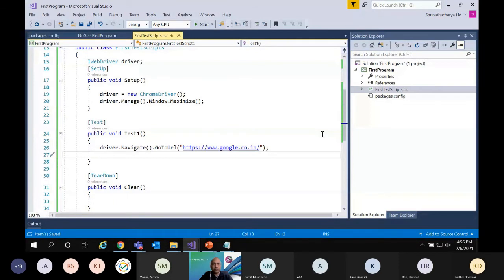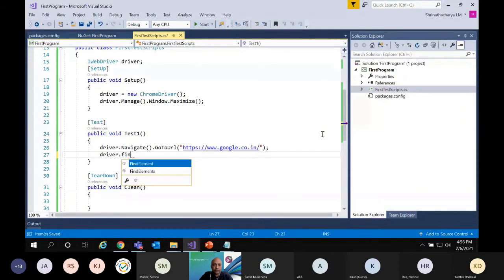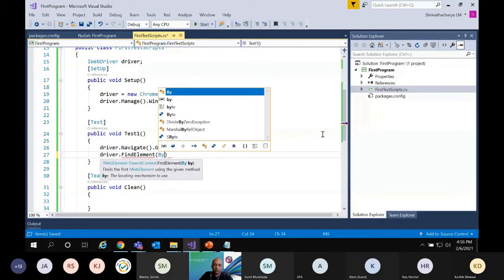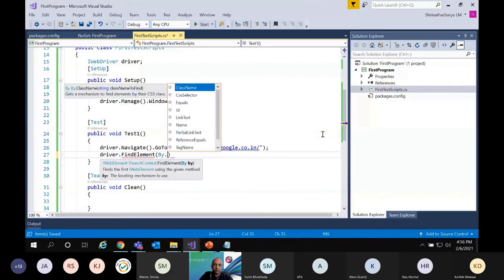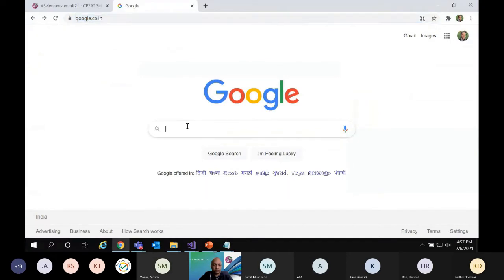Next, I am going to search: driver dot FindElement. In order to do anything, the By clause: we have ClassName as an identifier, ID as an identifier, Name as an identifier. Let me use the name. What is the name of this one?